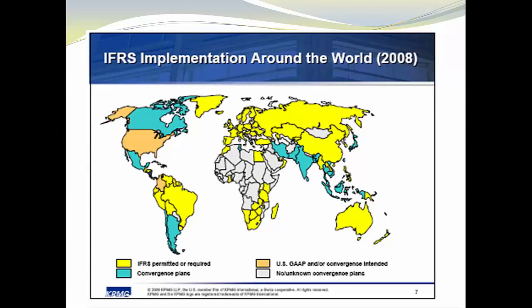Still, most of the world is converted or converting or allowing IFRS. But there's just a couple of holdouts. U.S. being the biggest holdout, we're moving on convergence instead of conversion. So we don't just want to switch to IFRS, we want to kind of mush with it, okay, and create one standard everybody's happy with. You've got some other countries since then. Japan has kind of slowed down a little bit, saying that the U.S. isn't going to change, maybe we won't either. So we'll see. It's still very much a work in process.